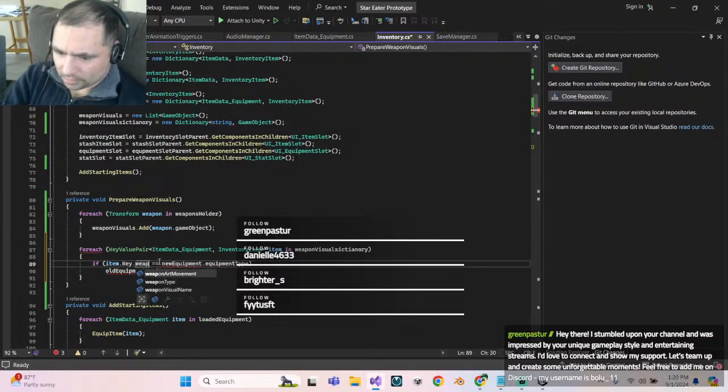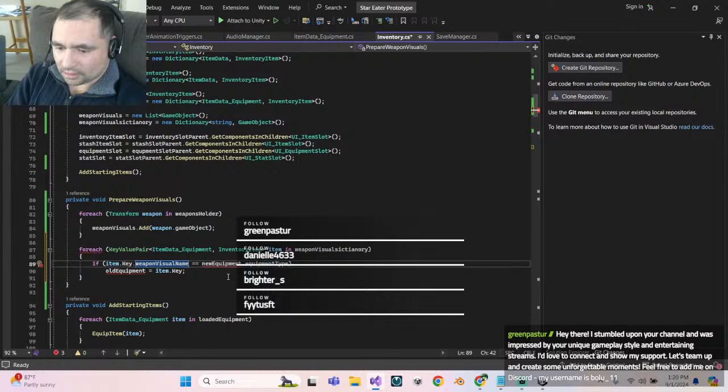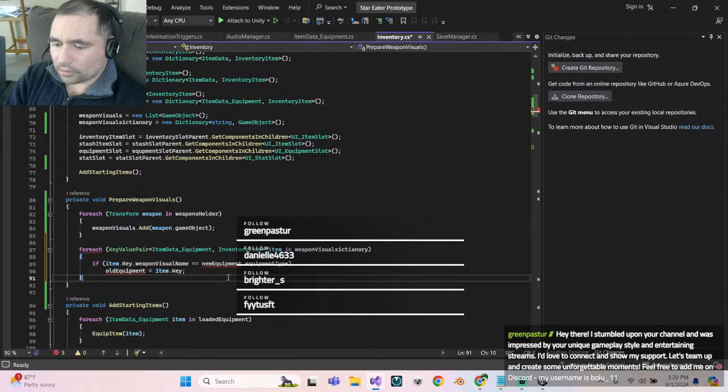Weapon visual name. Yeah, weapon visual name. If this equals, if item dot key dot equals,